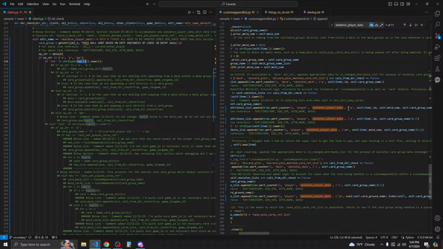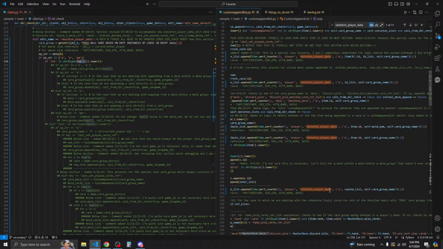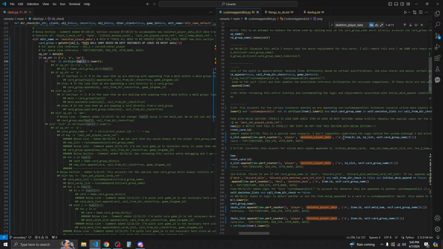So that would be, we say if op string is A, P or PM, and this is if int is in string of type 1. So let's go to the top, and this is AP or PM, so we go all the way to the top. So this would be right here, item 0 ID.